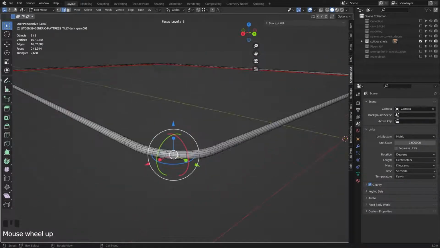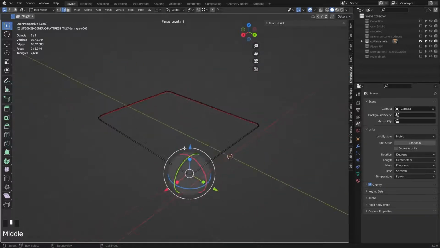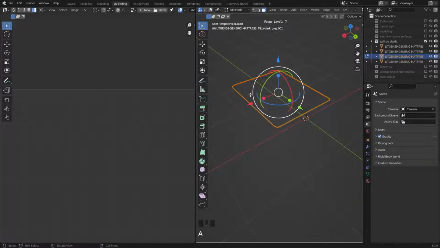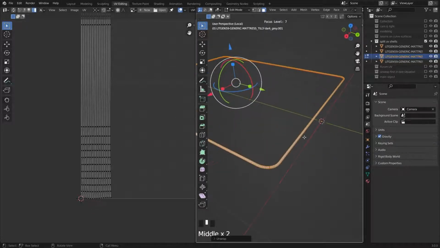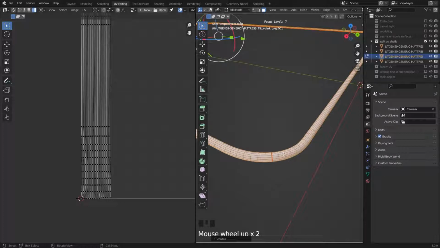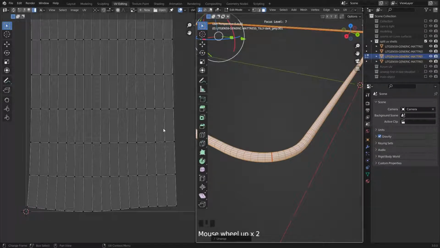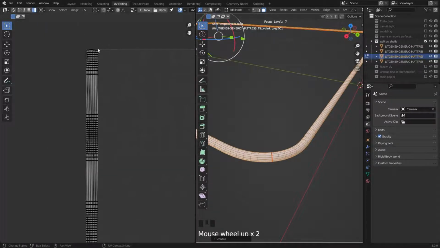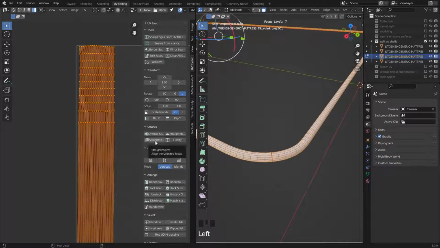I use this edge and mark it as a seam, and if I unwrap it, I select all the faces, hit U, unwrap. So you can see based on my seams it unwrapped the object, and as you can see it needs to be straight. It's a simple pipe, so it's completely matched with the situation. We can straighten this, so I hit straighten.